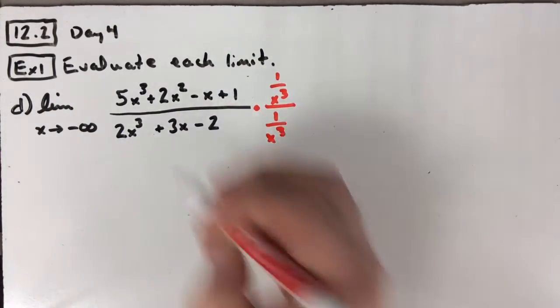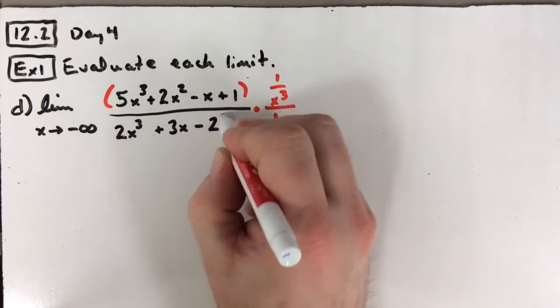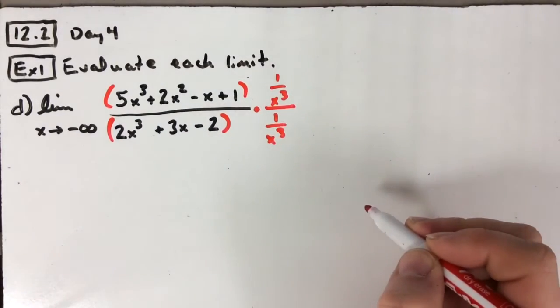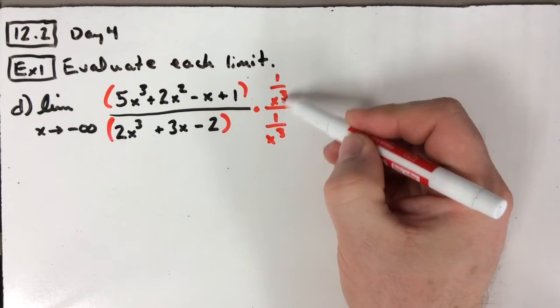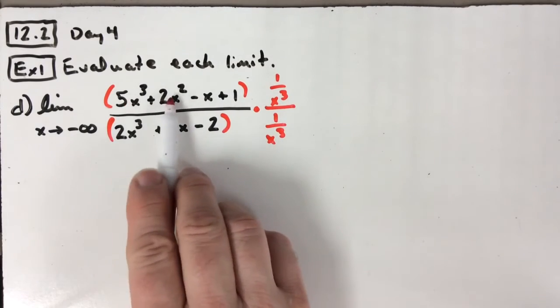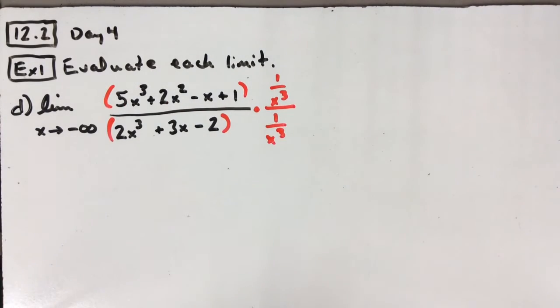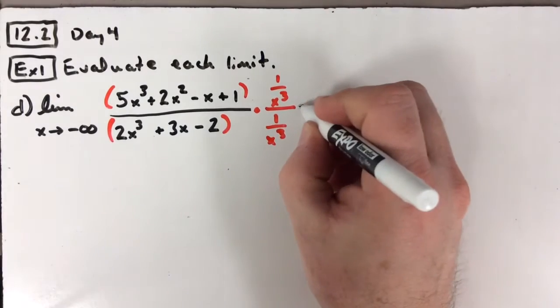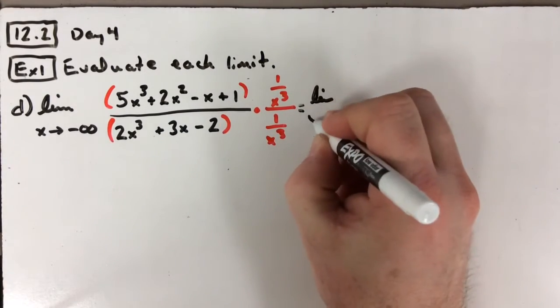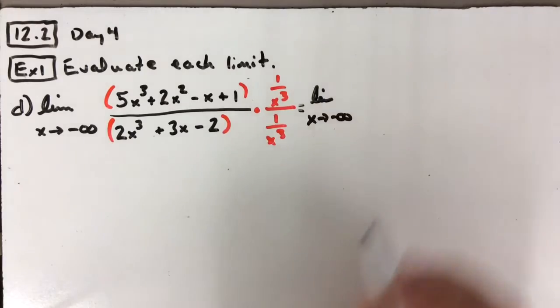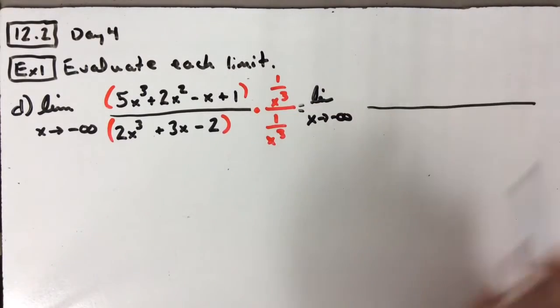So to make it look a little better, you wouldn't have to put these parentheses in there, but that's basically what we have. I'm going to take this 1 over x to the third, and I'm going to multiply it by each one of these 4 values in the top. So we would have, for this problem, the limit as x approaches negative infinity still out in front. And then for our fraction,